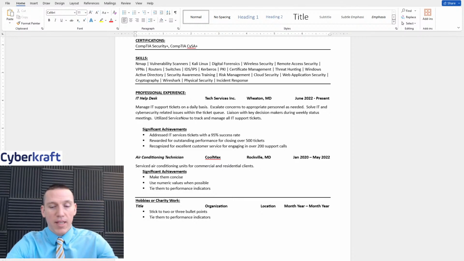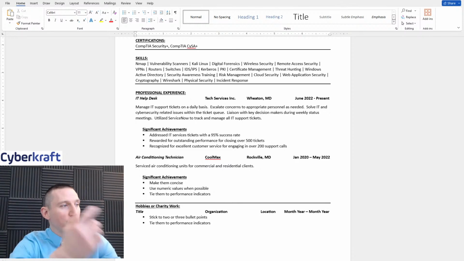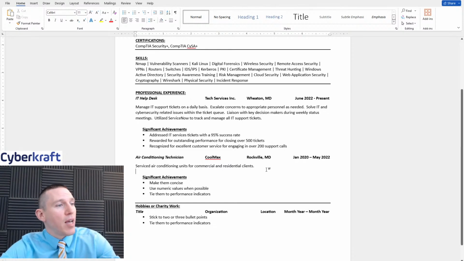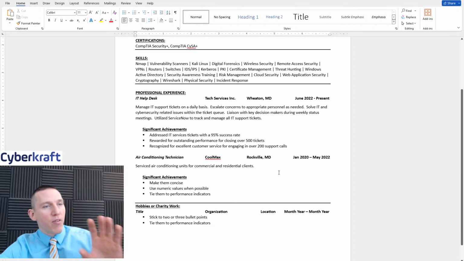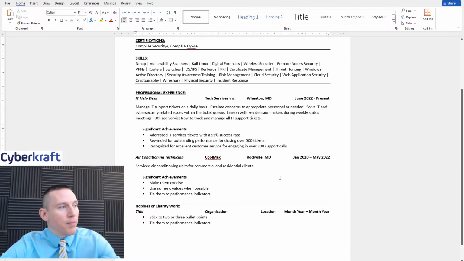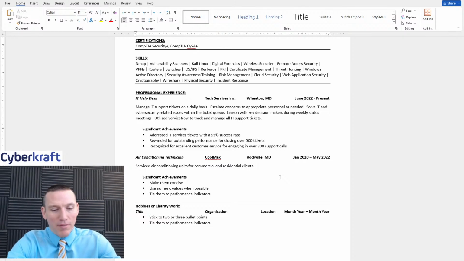Now this is all going to be past tense because this is a prior job. So we serviced air conditioning units. I'm thinking we want to say we serviced the units. We performed maintenance. You want to make each verb different. Notice how none of these verbs are the same. Manage, escalate, solve, liaison, utilize. Address, reward, recognize. So everyone's different, and that helps. So serviced air conditioning units. I just had the word in mind. I'm going to think about